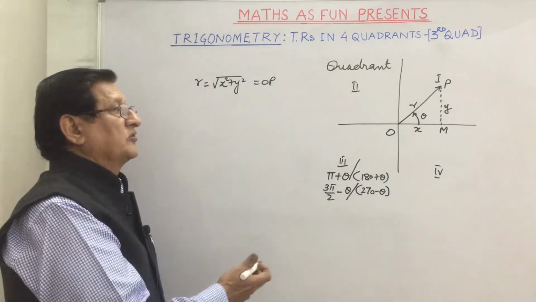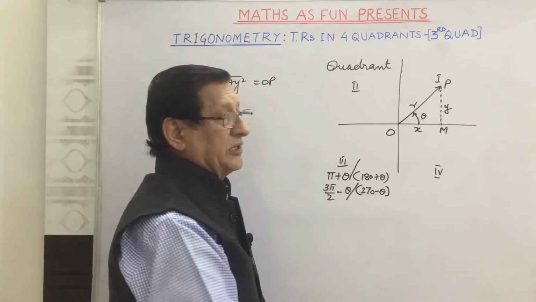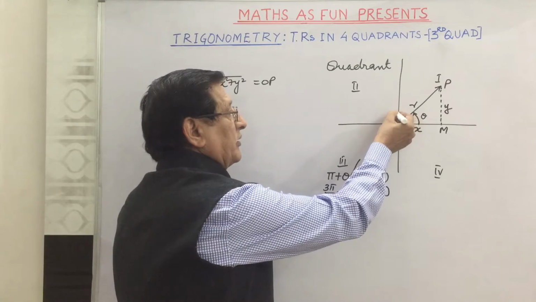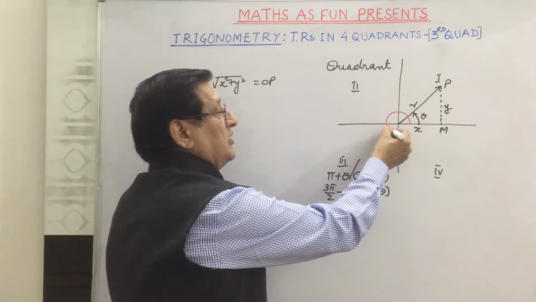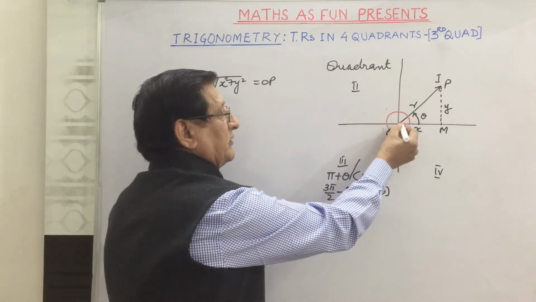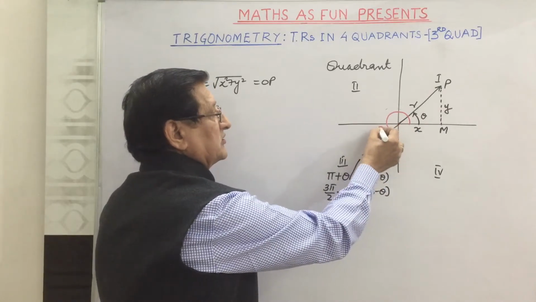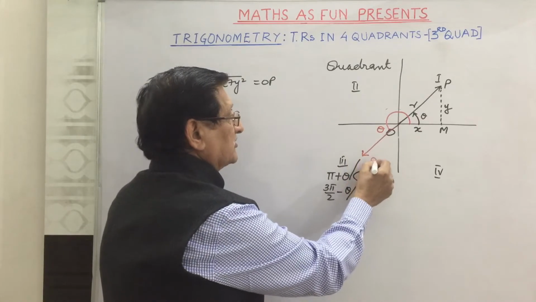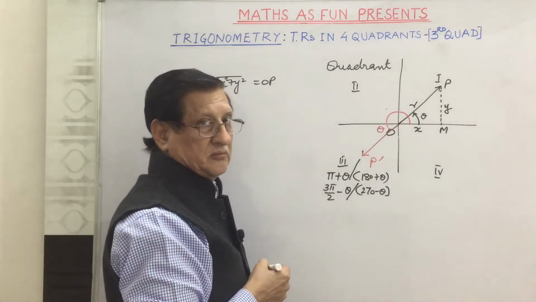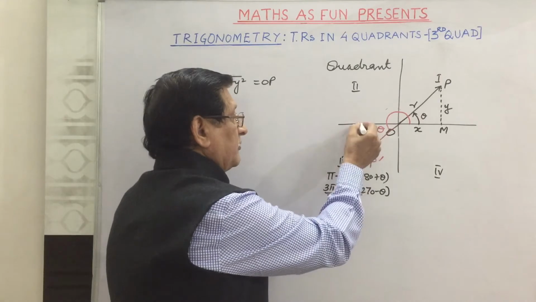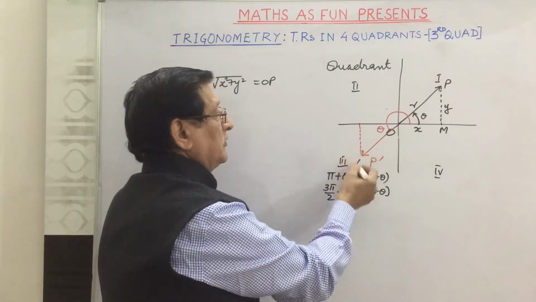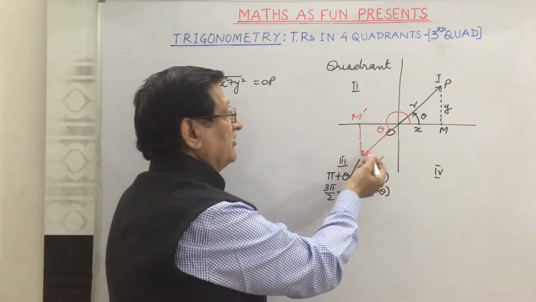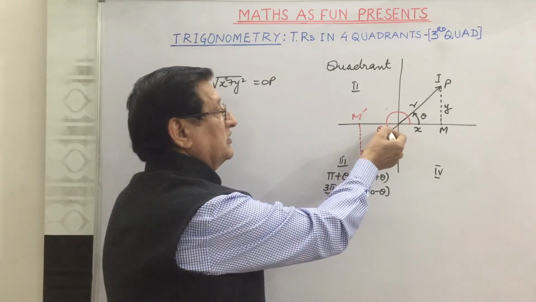In case we want to go for the angle greater than 180 degree going to the third quadrant, suppose the revolving line moves from here, goes to the third quadrant, completing 180 degree and then making an angle theta. This is theta. You can see the position of this will be here. Suppose this is P dash. And if we draw a perpendicular from here, this is suppose M dash. Then you can very well see that this angle is already theta.